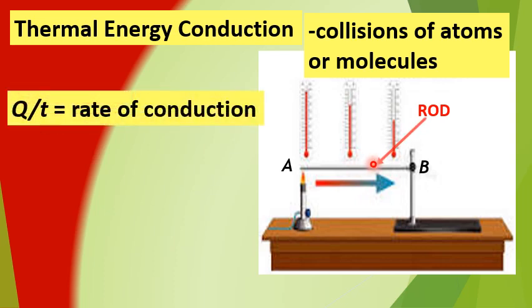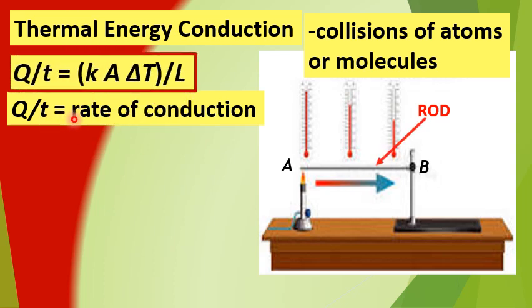How fast the transfer of energy takes place is called the rate of thermal energy conduction, denoted here by big Q, or heat, divided by time small t. And the formula for the rate of thermal energy conduction is big Q over t equals k times capital A times delta capital T, all over capital L, where